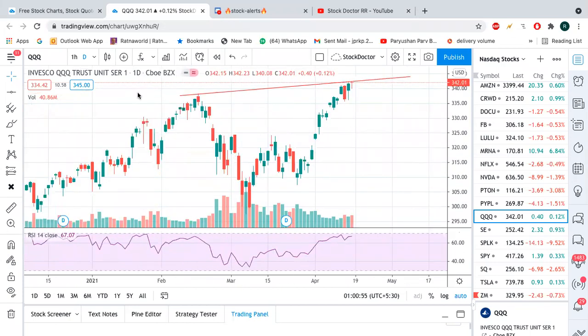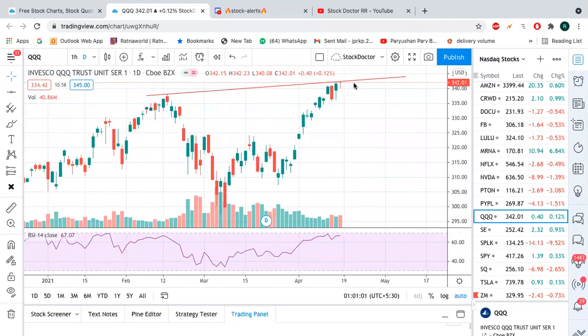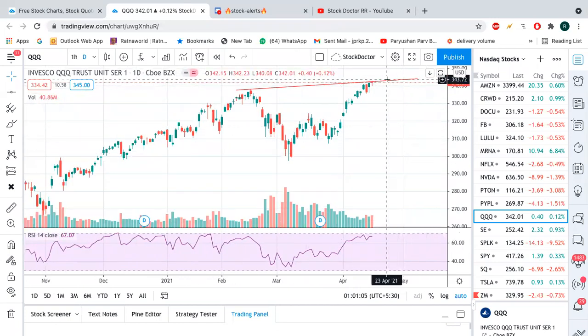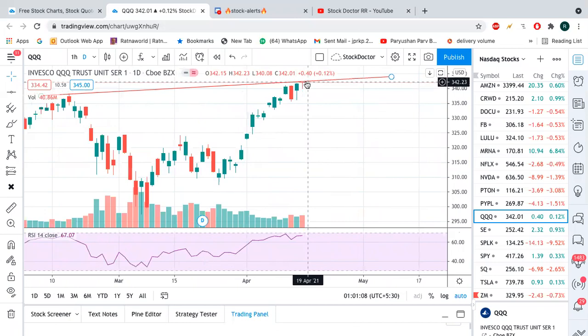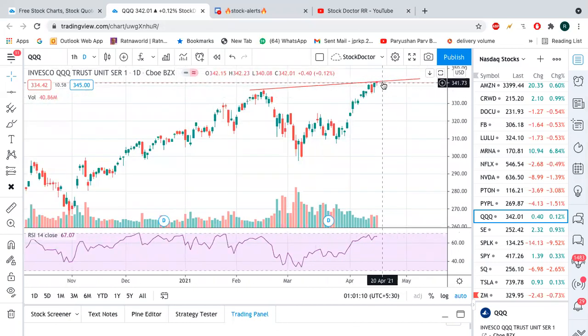So if somebody has made a position in QQQ, it is a good time to book some profit. A new position can be made above 300, and you can say $342 from here. But on Monday,